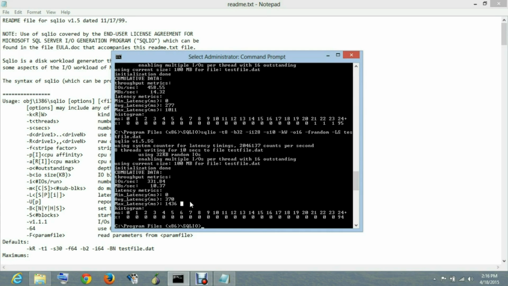So till now we have given all the parameters in the command itself. We can use a parameter file also to specify these things. Now let us try how to do that.